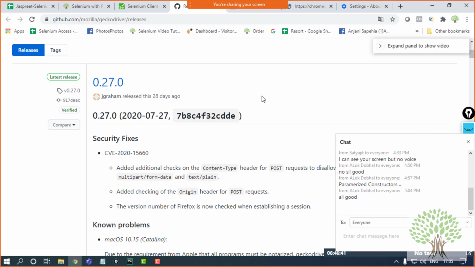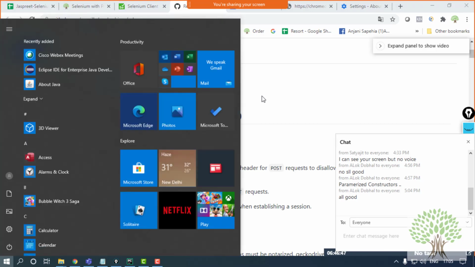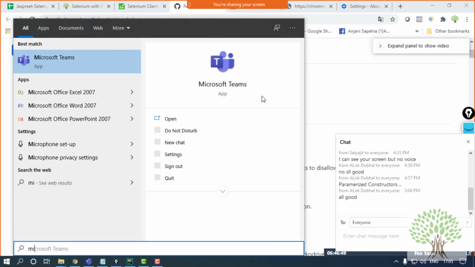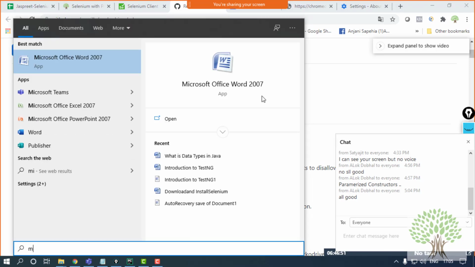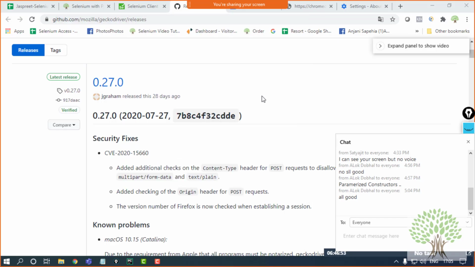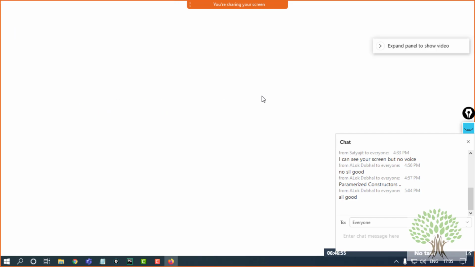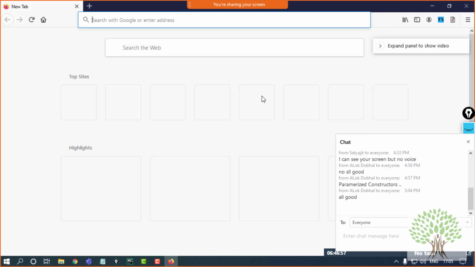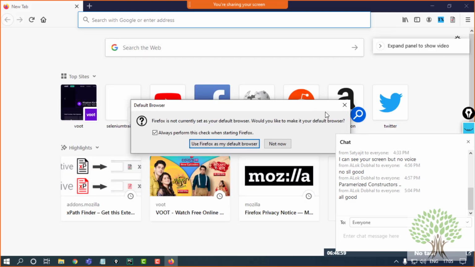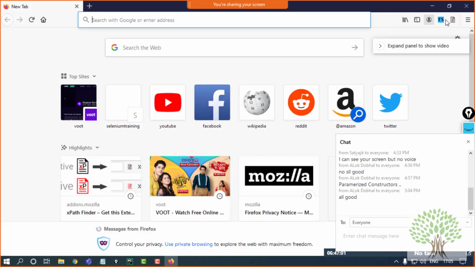Now for Firefox, there are some specific things that you should be careful about. If I open up the default Firefox, what happens is that whenever a browser update comes up, the browser itself gets updated.